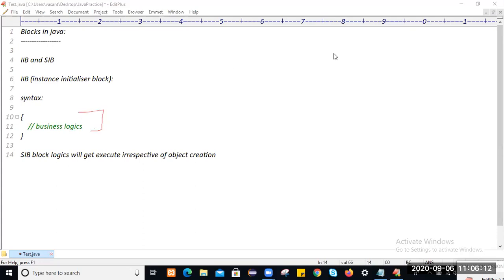So what are the applications of this block? Where should we use this IIB block? The first application is to write business logic.